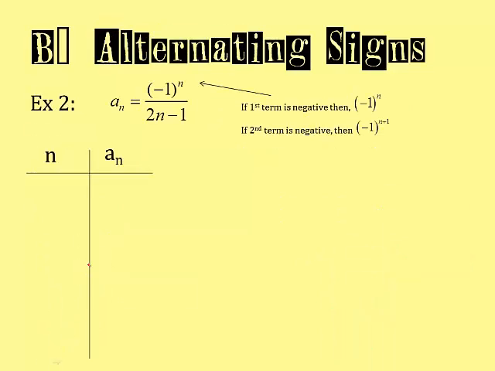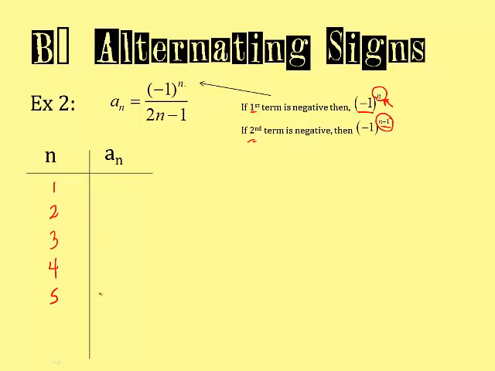All right, now alternating signs. When you have a list of numbers that alternate signs, there's a reason for that in the equation. If the first term of your sequence is negative, then you have negative 1 to the nth power, because 1 is odd, and odd powers are going to leave this negative 1. If the first term is positive and the second term is negative, then it's n plus 1, because you want these powers to be even. You want these powers to be odd, these to be even. So that's why it's first, second. So let's just walk through our list